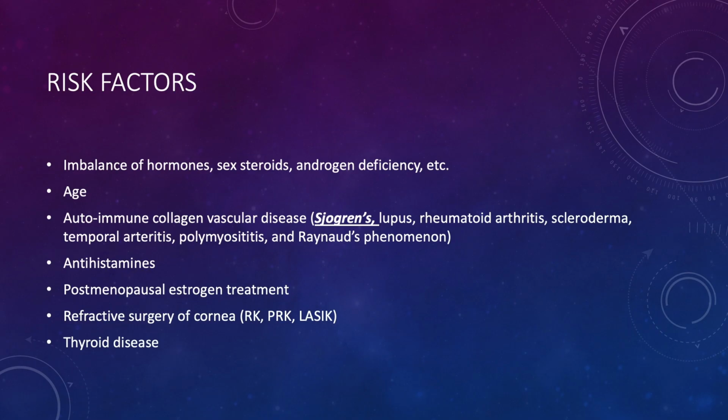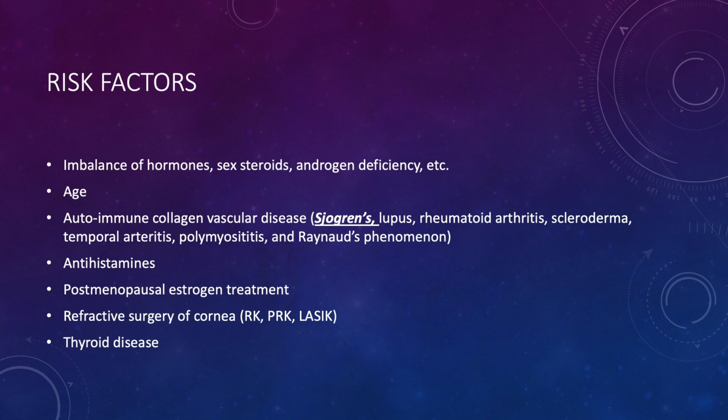Autoimmune collagen vascular diseases. This can include conditions like Sjogren's, that's a big one that we see a lot of, lupus, rheumatoid arthritis, scleroderma, temporal arteritis, polymyositis, I can't even say this, polymyositis, and Raynaud's phenomenon. Even using antihistamines, over the counter anti allergy drugs, postmenopausal estrogen treatment, refractive surgery of the cornea